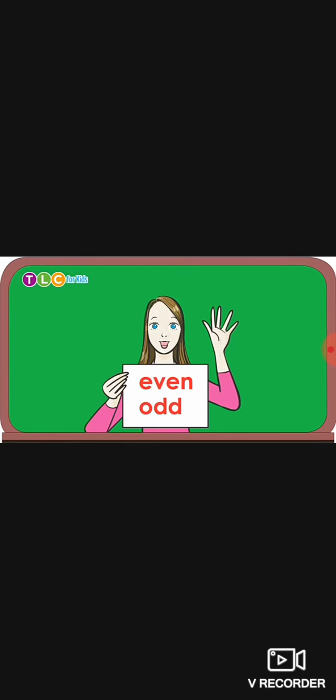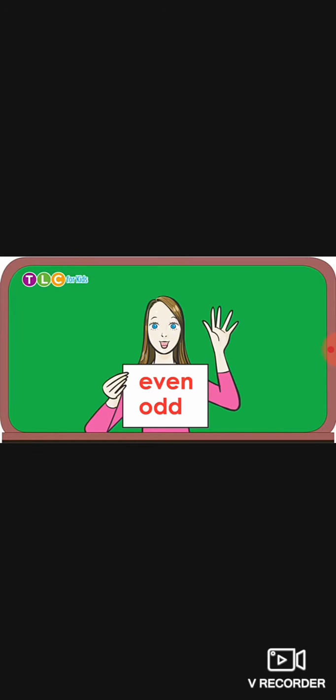Of numbers, 0, 2, 4, 6, 8, and 10 are some of our even numbers. Even and odd, two different sets of numbers. 1, 3, 5, 7, and 9 are some of our odd numbers.